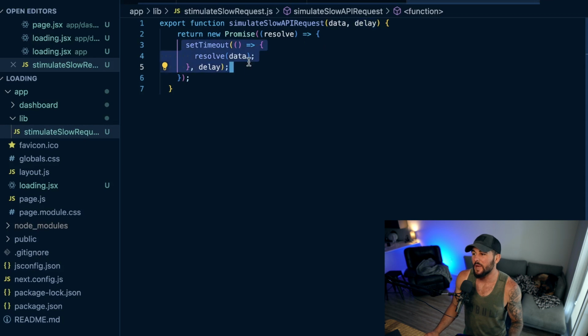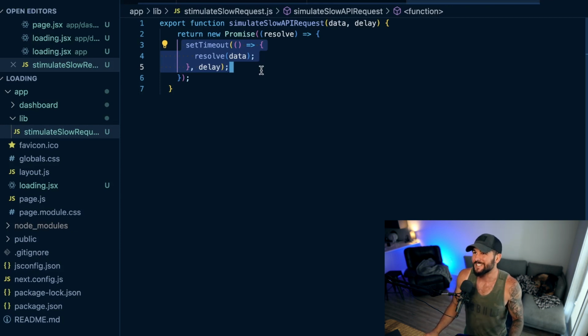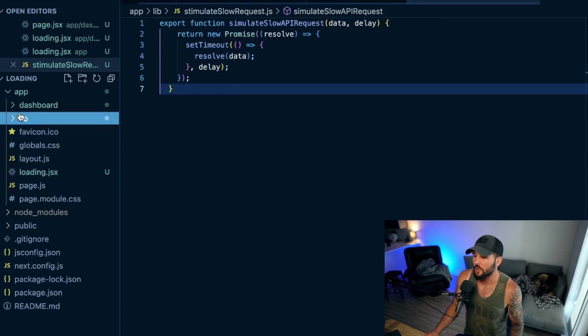So this is going to slow down the resolution of a promise, mimicking making a request over the network, and that resolves a promise later on. It's going to be similar to that without actually doing that. And this will give us more control over the duration of the requests to simulate faster or slower API requests and stuff like that. So now that I have this function and I'm exporting it,